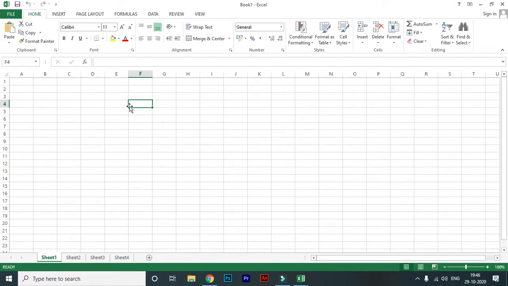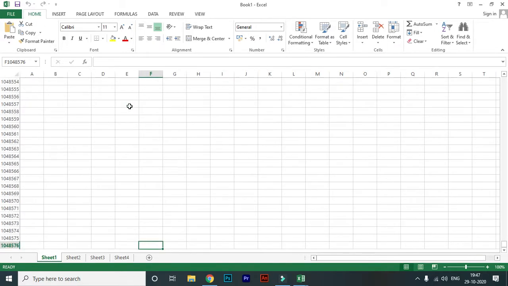In Excel there are 16,384 columns, and the last column will be XFD. Each worksheet of Excel has 10,48,576 rows.